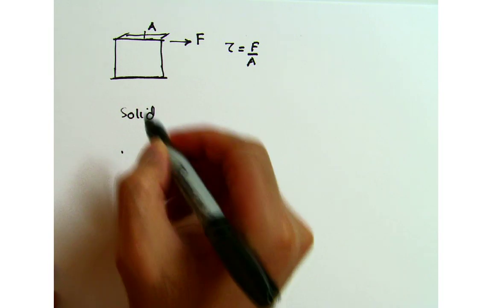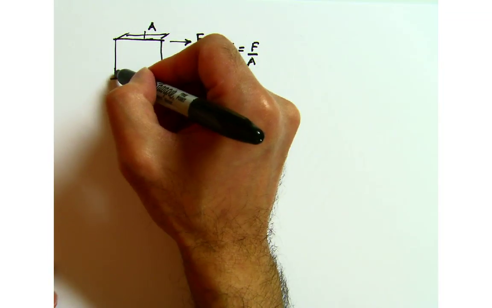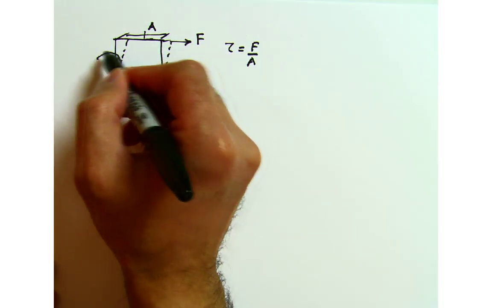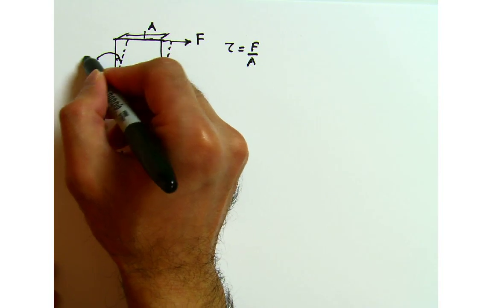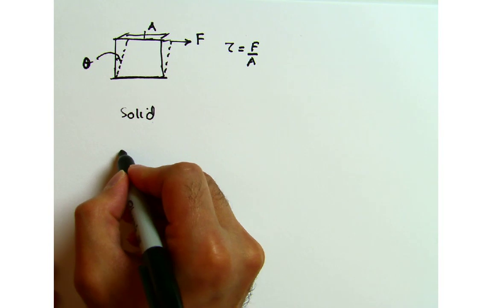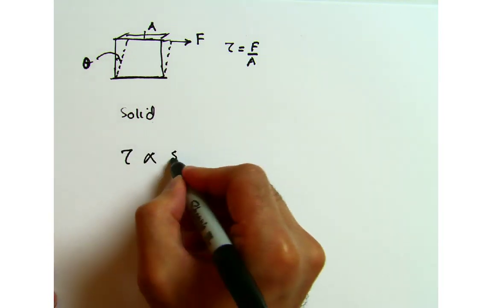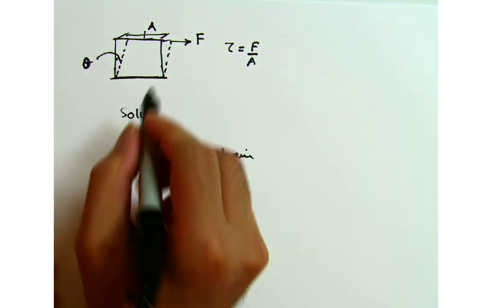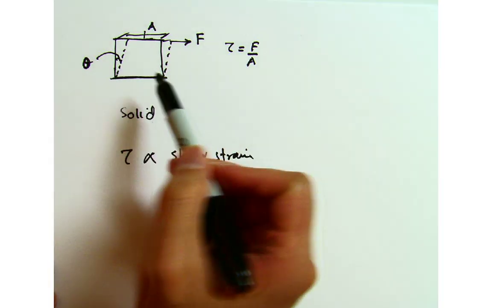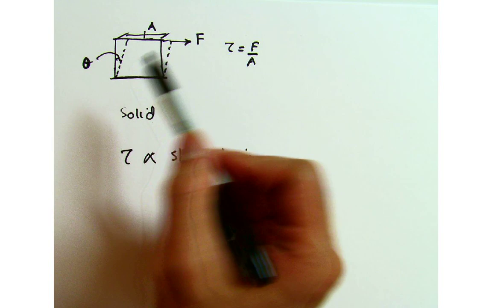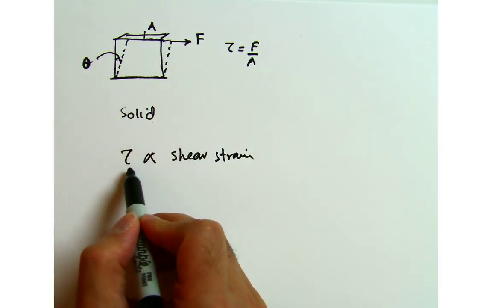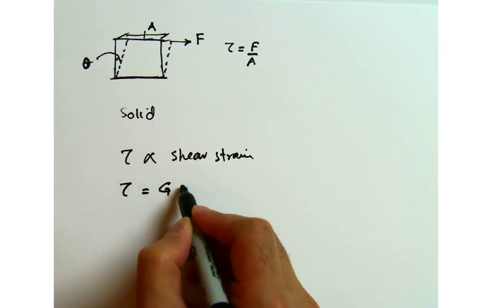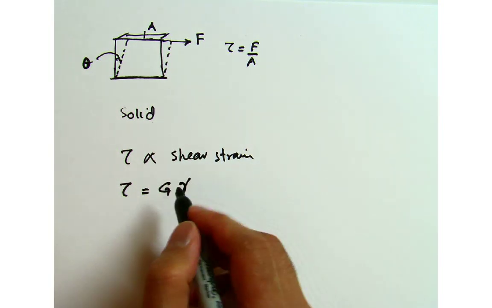So this gives you the shear stress. In reality, if the shear stress is high enough, then this block will deform. Let's suppose this is the deformed shape, and the deformation is represented by this theta. Now the idea is that the shear stress is directly proportional to shear strain, and this is true for solid mechanics. Anytime you apply a shear stress to a solid object, it will deform, or even if it does not, there will always be small deformation, but after a while it will stop. So the shear stress is directly proportional to shear strain, and if I remove the constant of proportionality, this is equal to G times gamma, where gamma is the shear strain,